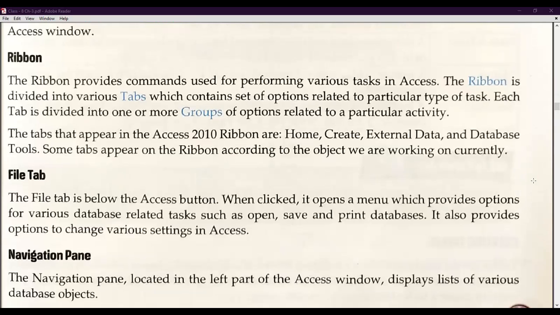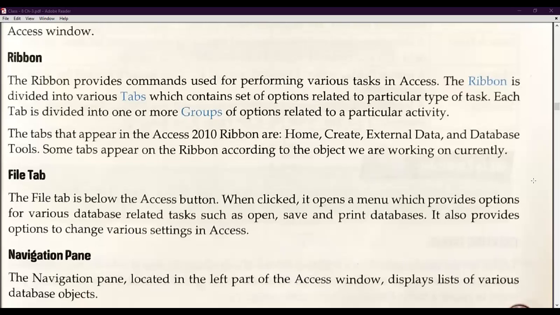Tabs means options. And these options help us use Access because they provide a particular type of task. Each tab is divided into one or more groups of options related to a particular activity. If you are considering a group of activity, that means you are considering more than one option.